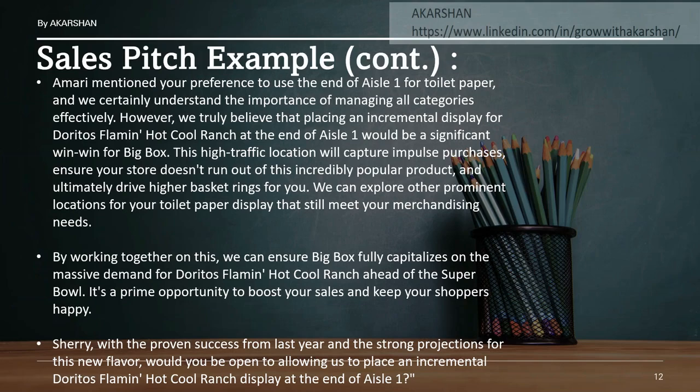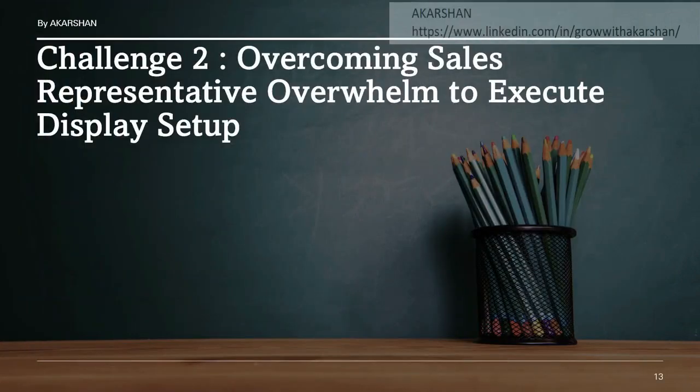This is another part. Amari is your sales associate. She told you what the store manager's plan is. So you are not asking all the questions. You are telling them that you already know these things and this is the solution. Do not make them talk unnecessarily at the start. You tell everything, then start asking questions and tell them what you need. It should be two-way communication, but initially you need to show that you are prepared. You're not going to say that you are prepared, you are going to show that you are prepared.